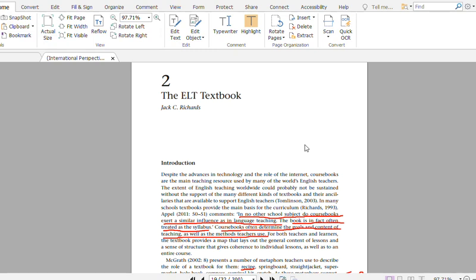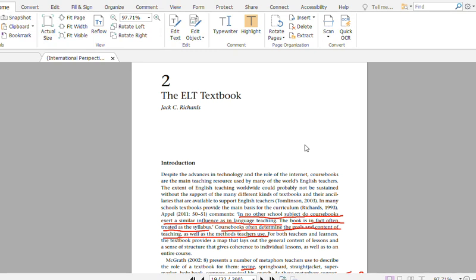As you remember, in the previous sessions when I was introducing and defining language teaching and learning materials, we said that one form of material is in printed form or in printed version. They are usually called textbooks, or a pack of materials, usually in printed form, are called textbooks.